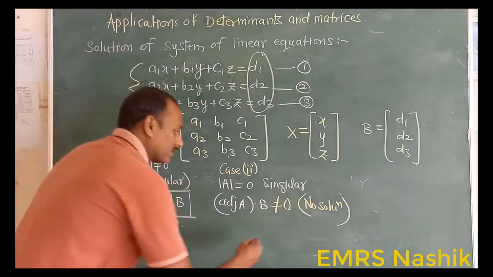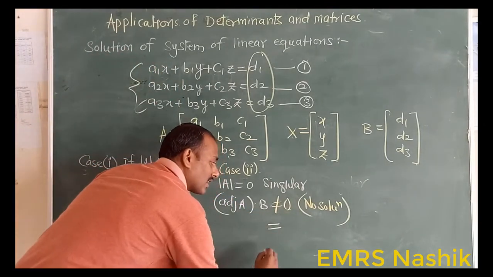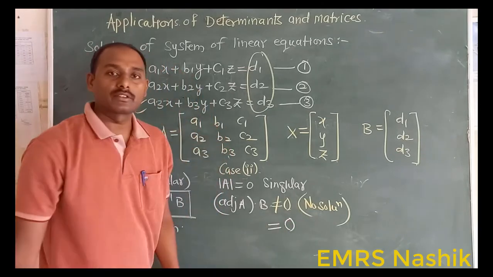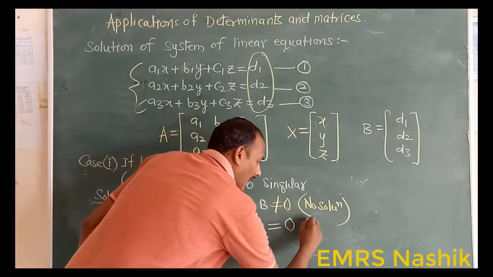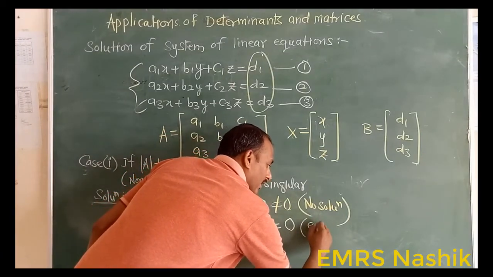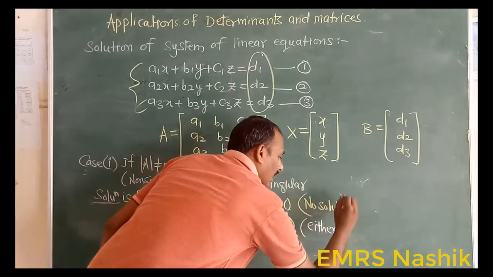And if this multiplication is equal to the zero matrix, then this system has either infinitely many solutions,